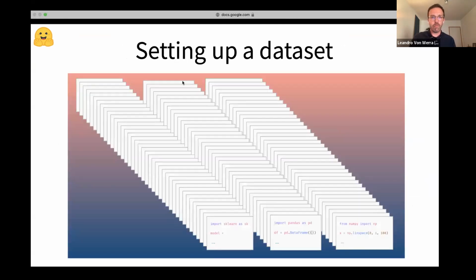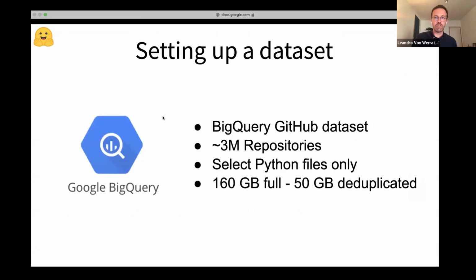Cool. So I'm going to move ahead a little bit and then answer a few more questions in a minute. Before we can train our own model, the first thing we need is a data set to pre-train a transformer model. And the natural thing to do here is go to GitHub. If you want to build a model for code, GitHub is a very rich resource of code data. There's a public data set on Google's BigQuery with GitHub data. I think it has about 3 million repositories. And what we did